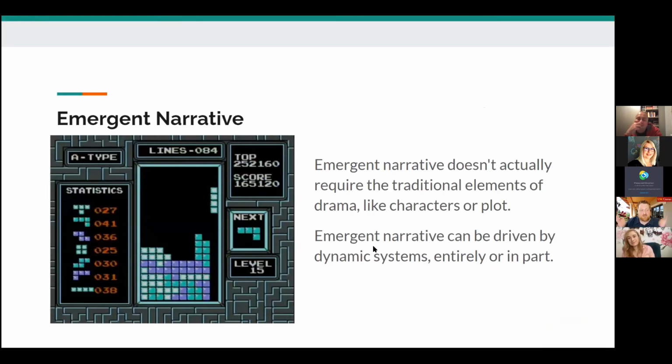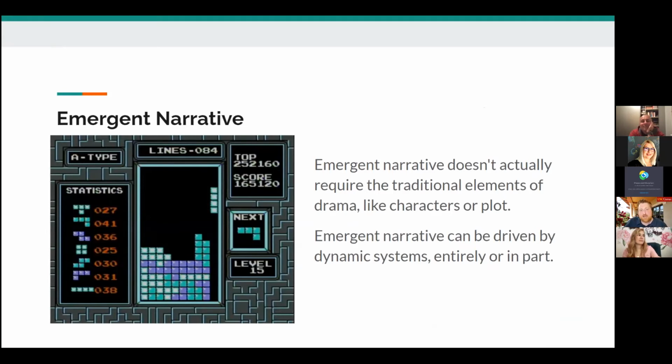And this is called Emergent Narrative, right? What's one of the things that's really cool about Emergent Narrative is that it doesn't actually require all of those traditional elements of drama that we've talked about and learned about, like characters and plot, things that traditionally drive drama forward.